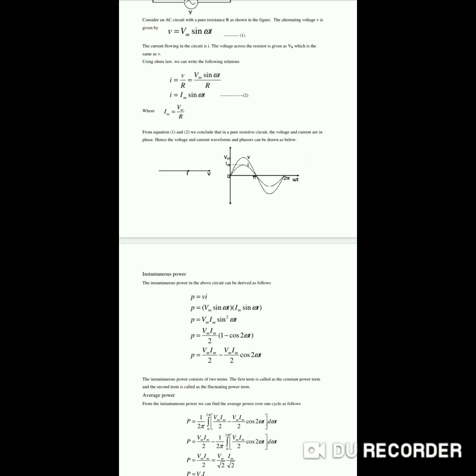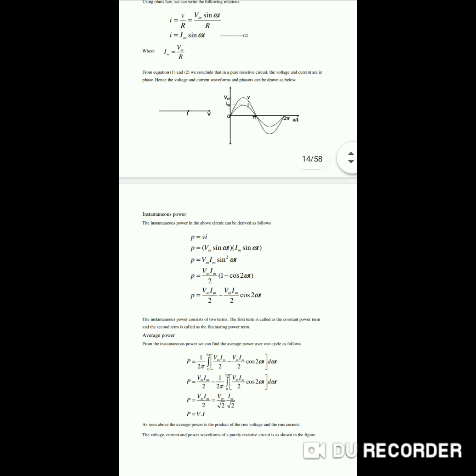Now we'll see the instantaneous power. To find the instantaneous power, we have the formula P is equal to V into I. We know V is Vm sin omega t, and I is Im sin omega t, from equation 1 and equation 2. When you simplify this, Vm Im can be taken outside, times sin square omega t. Sin square omega t can be written as 1 minus cos 2 omega t, divided by 2. So the equation can be written as Vm Im divided by 2 into 1 minus cos 2